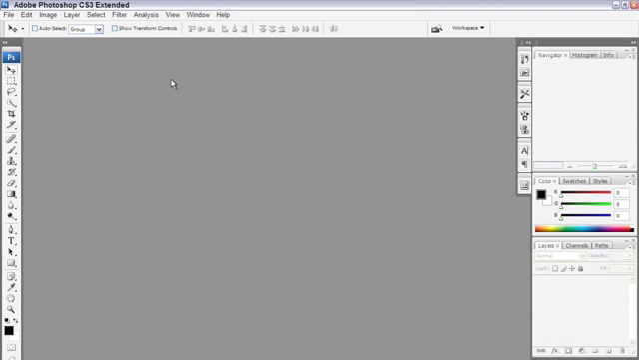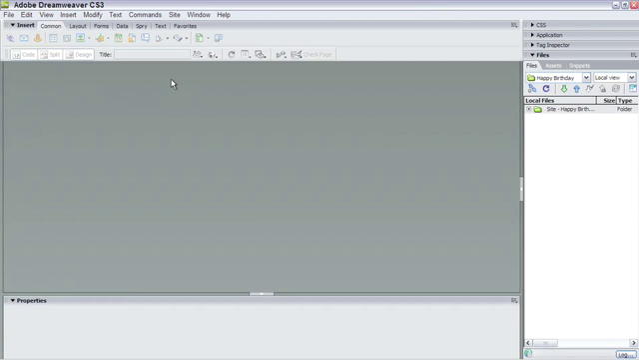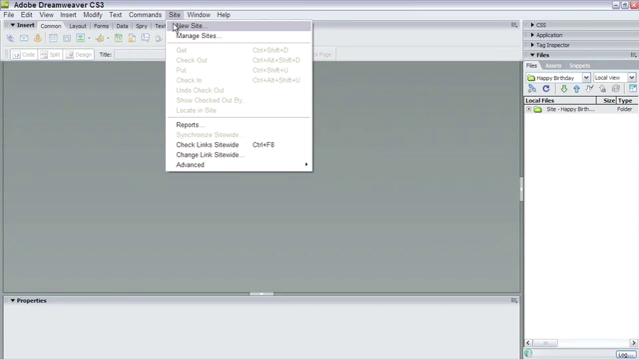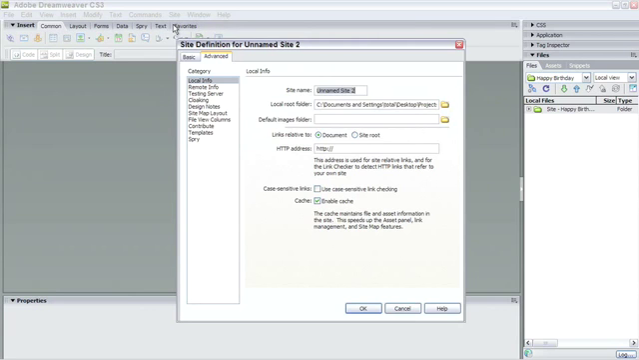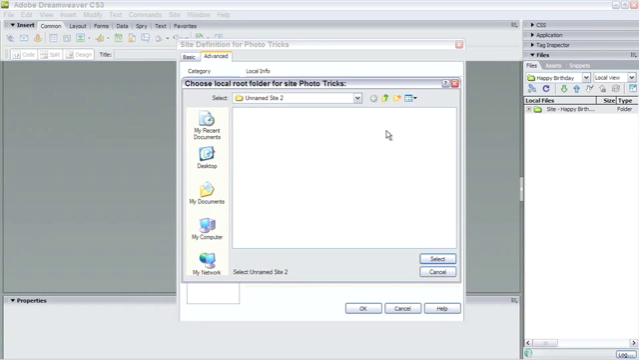I already have Dreamweaver open, so I can just Alt-Tab to switch over, Command-Tab if you're on a Mac. Remember, we always need to define our site before we start, so let's create a new site for this. We'll call it Photo Tricks, and let's save it in our project files, just to keep everything in the same general place. So in my Lesson 4 folder, I'm going to create a new folder